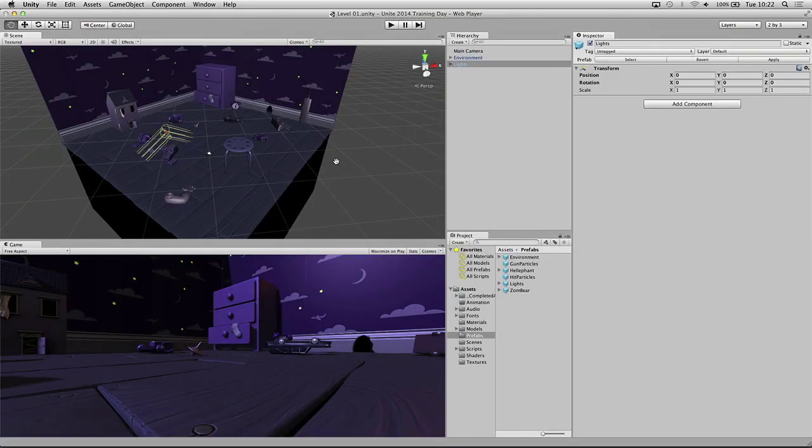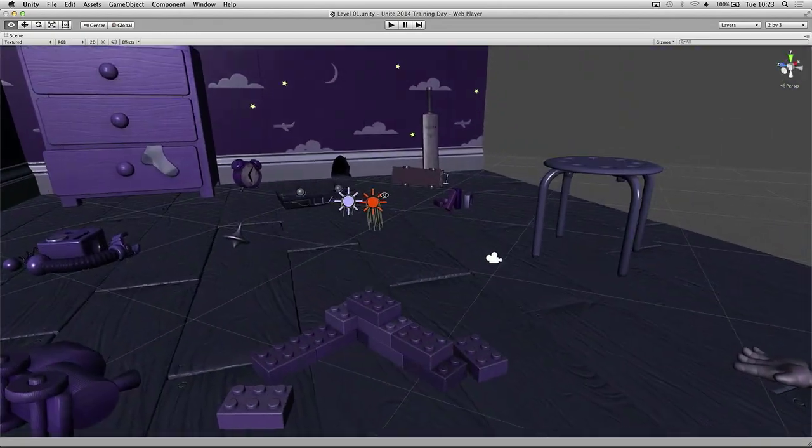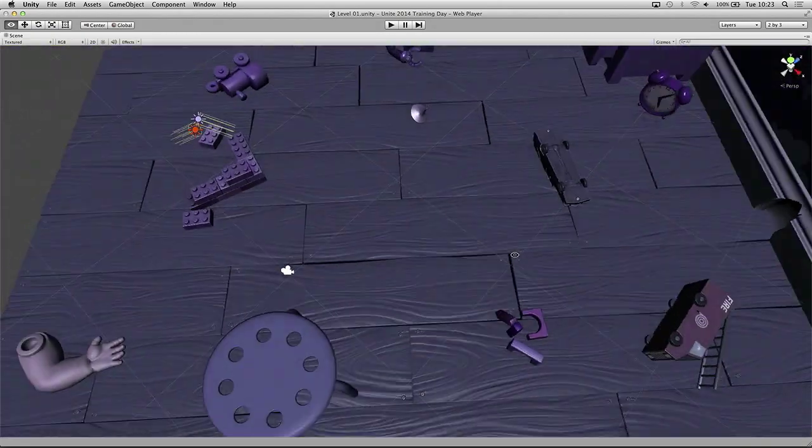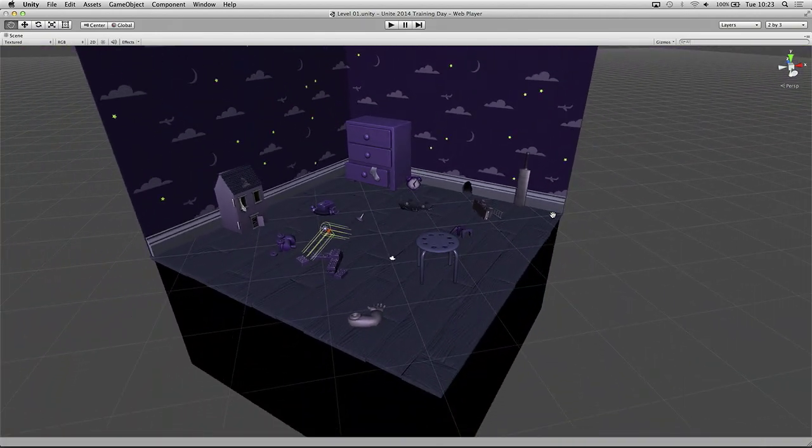Cool. So the way this game is going to work is that we're going to have a camera that's looking down on the scene. And what we need to do in order to track the player around and also to be able to shoot is to use something called a raycast, which is going to create an invisible line from the camera to the floor. But we've got a very inconsistent floor. We've got a number of different environment objects, such as these stool, the Lego bricks, the broken train, and all these different things. So we don't want to worry about raycasting onto those at different heights.